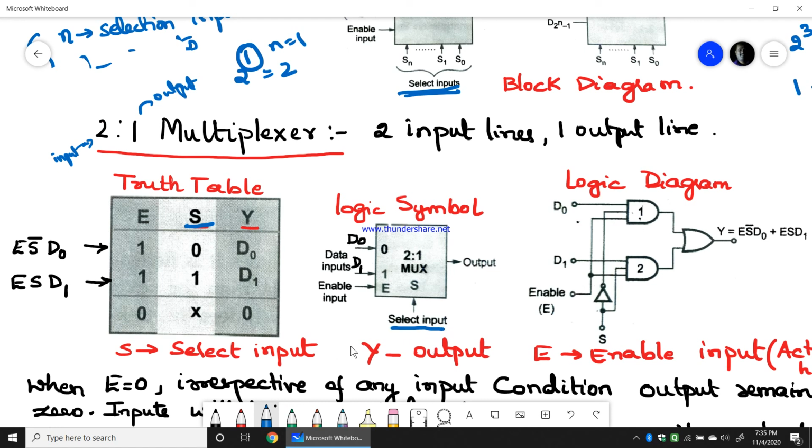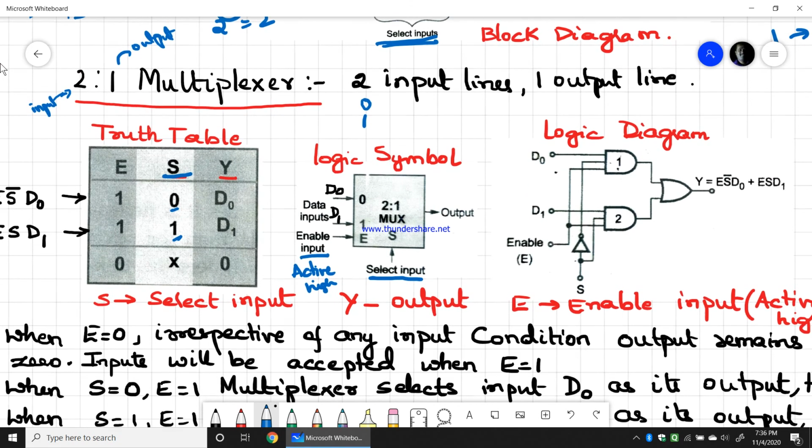Then only the output will be the input which is selected through the selection inputs. So 2:1: 2 input lines, only one selection. Only one selection means the selection input will be either 0 or 1. That is what I have written here. Now the enable input is active high. So I have an active high enable input.